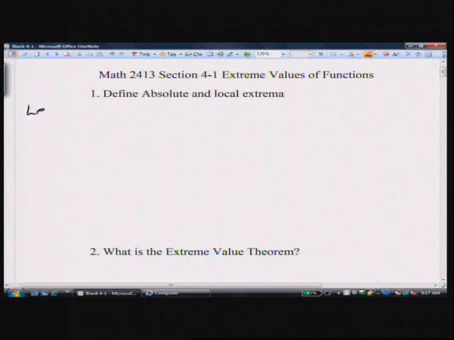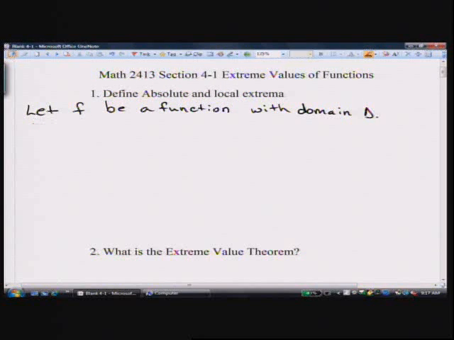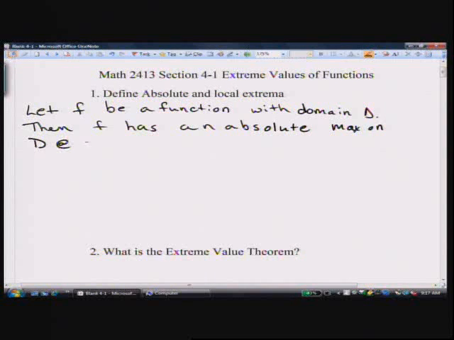Let f be a function with domain D, then f has an absolute max on D at a point C